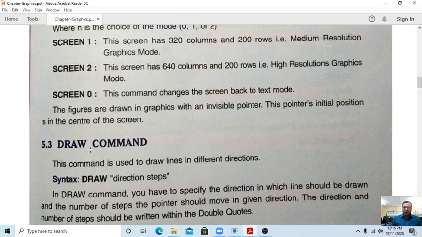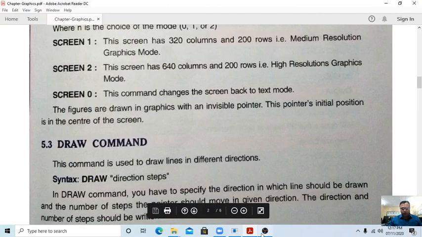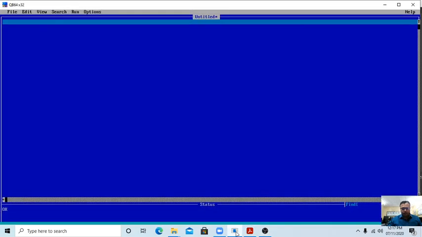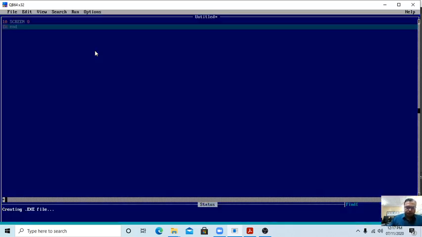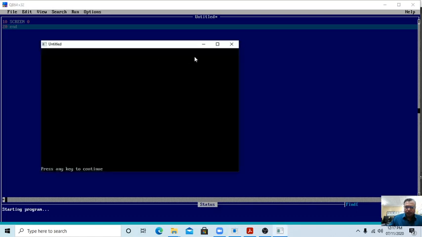This practical we have already done, but again we are telling you, students. We have already opened this. Now line 10, SCREEN 0, then 20. Now press Control plus F5 and you will see this result. We are just waiting. Okay, this is the answer.